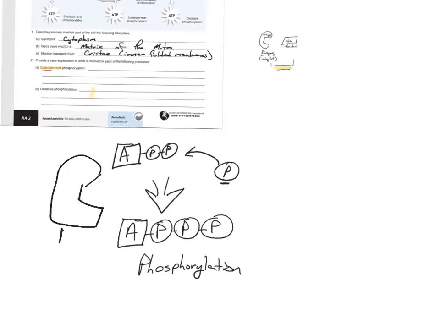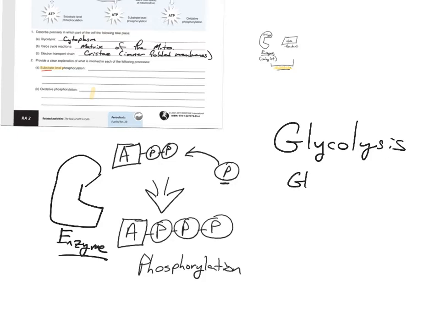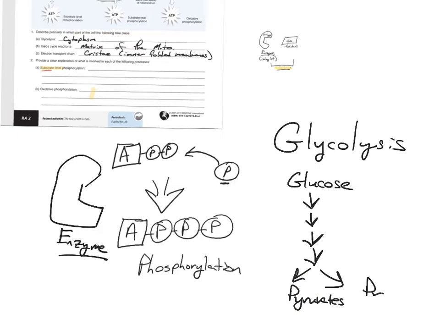It means you're using an enzyme. Like where? Like in a place called glycolysis. Because in glycolysis, what's happening? We're starting with glucose, and we have a chemical reaction, another chemical reaction, another chemical reaction. We split them off. We end up with two what? One there, we have another one over here, right?